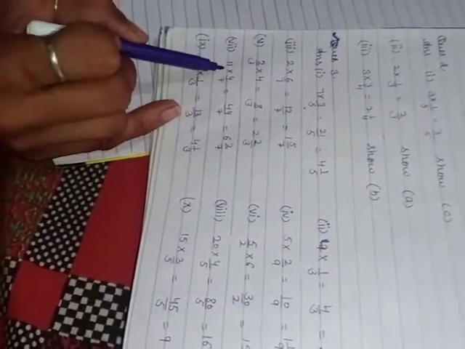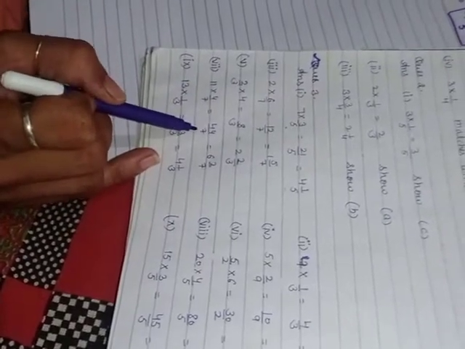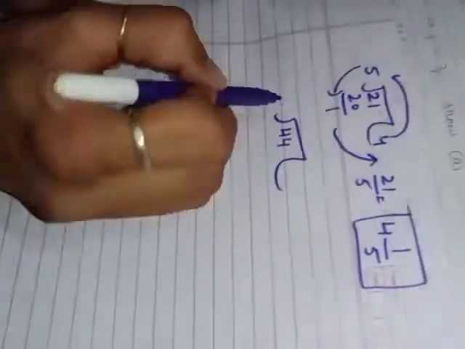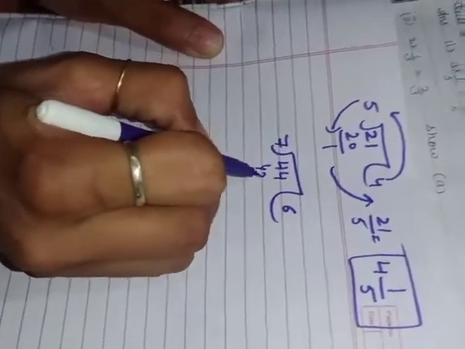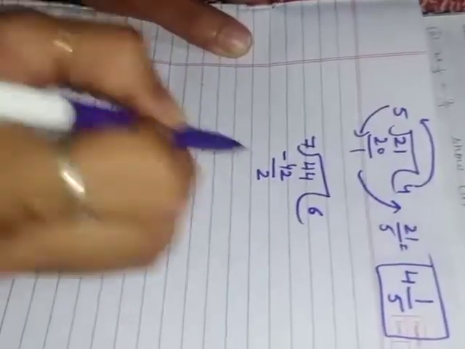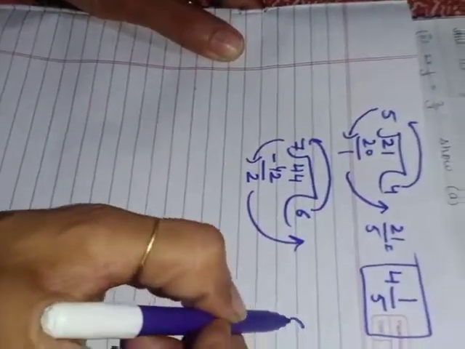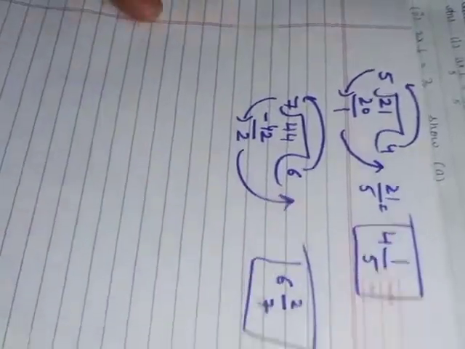Let me discuss one typical sum also of this, that is 11 multiply 4 by 7. So 11 4s are 44 by 7. Again when we change it into a mixed fraction, 44 should be divided by 7. Clear? So you know 7 6s are 42. Then on subtracting you get 2 here. So again on changing, that in the lower part, that will be in the upper part. So 6 2 and in the lower part is 7, that will be its mixed fraction. Clear? So all these parts are very easy. I think you can do it yourself.